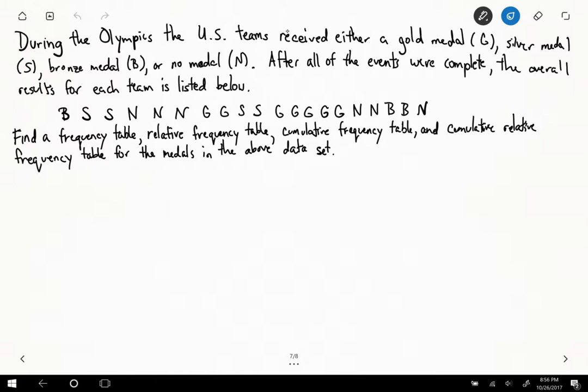Find a frequency table, relative frequency table, cumulative frequency table, and cumulative relative frequency table for the medals in the above data set. Okay, so with that in mind,